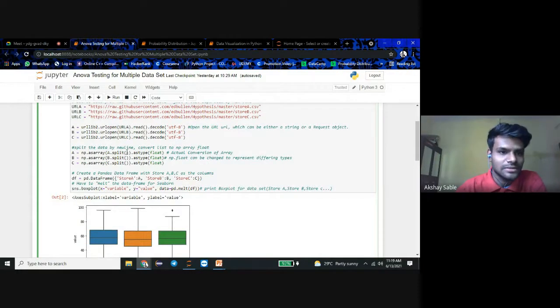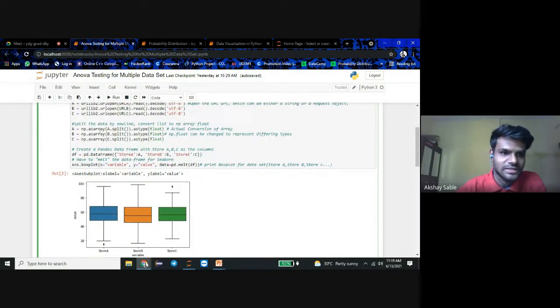Next, the variable a is equal to np.asarray(a.split()).astype(float). We use asarray with the split function, with astype float.